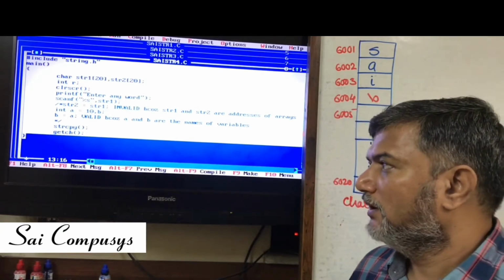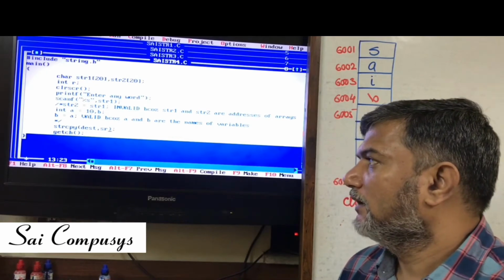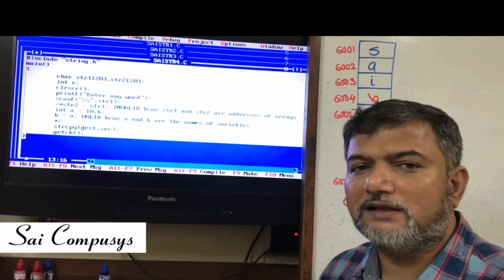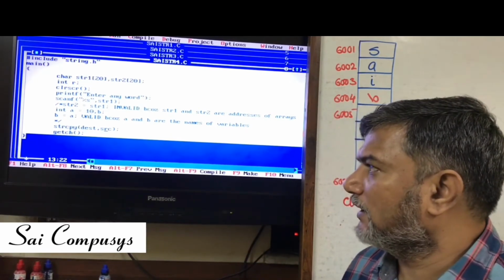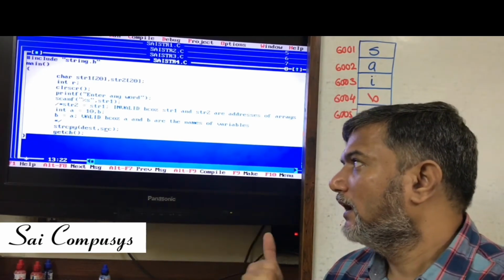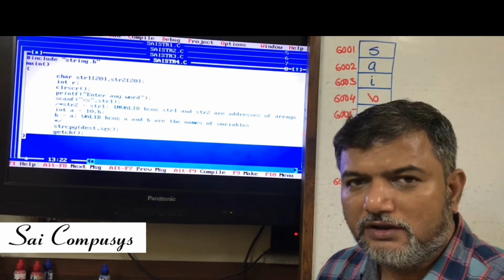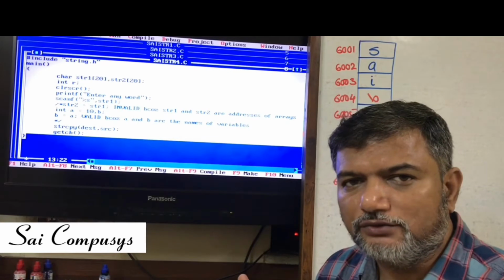But remember, you have to understand this thing. The destination where the copying has to take place should be the first string, and the string that has to be copied has to be the second string. Now, in the example, str1 contains a word, str2 right now is blank, or say it contains garbage value.